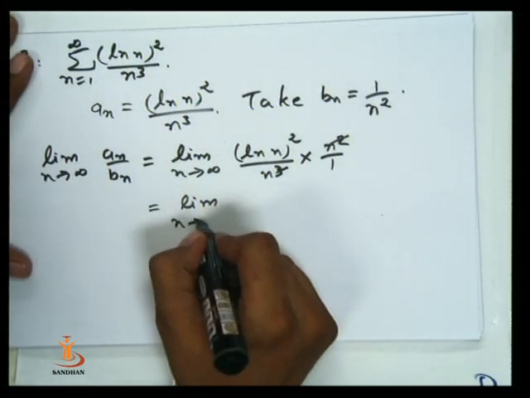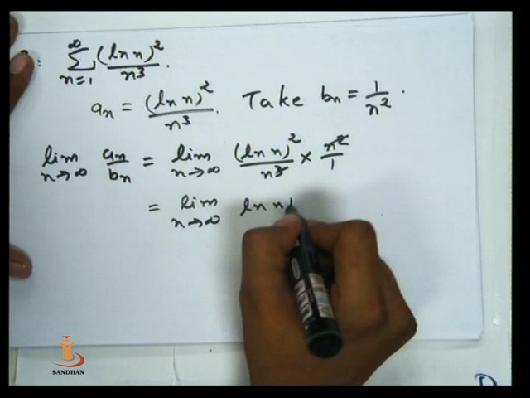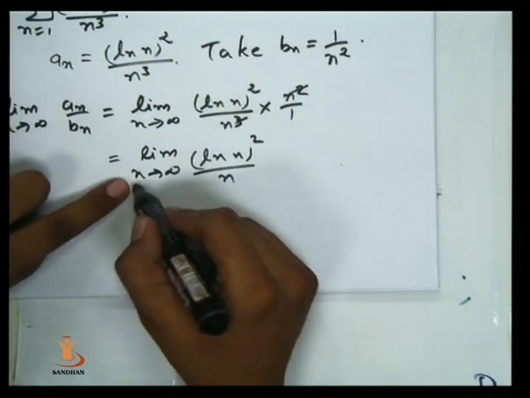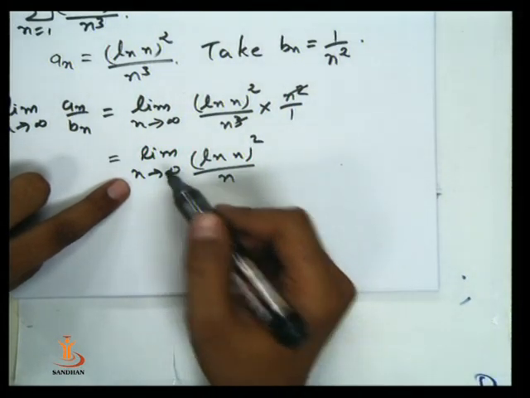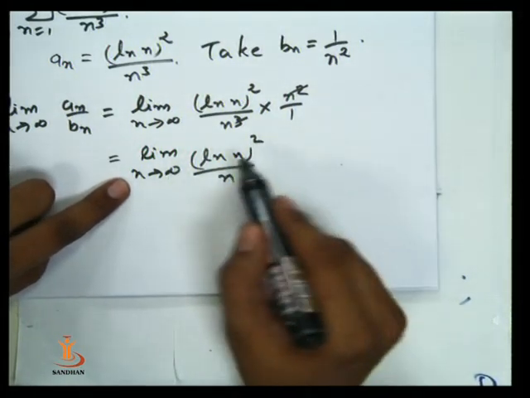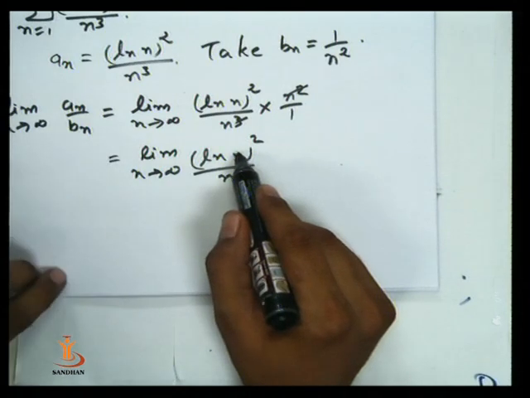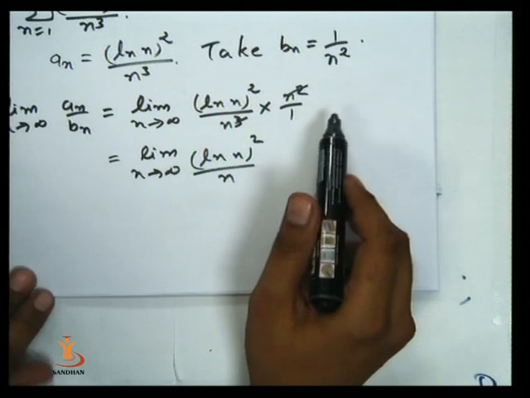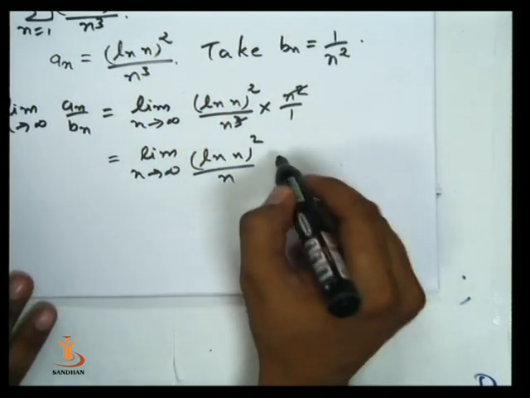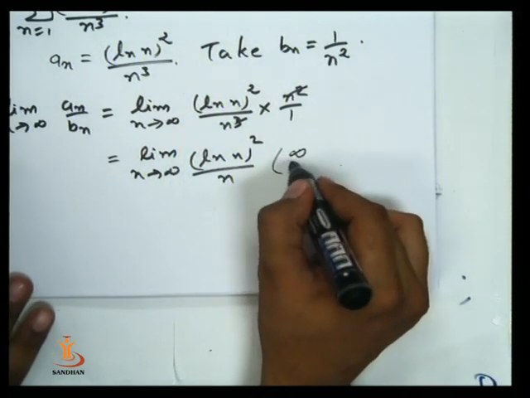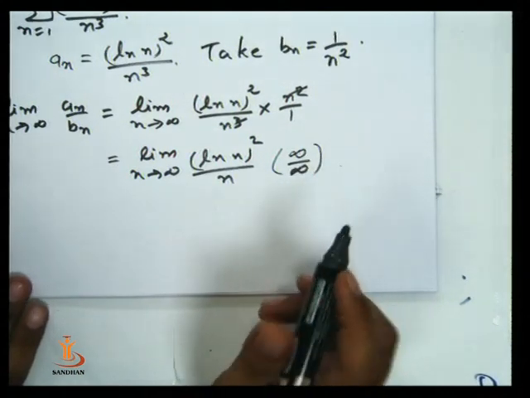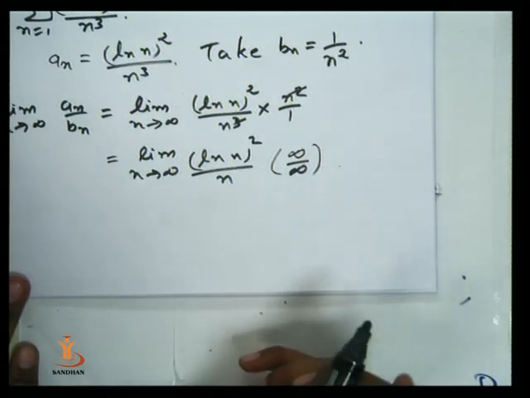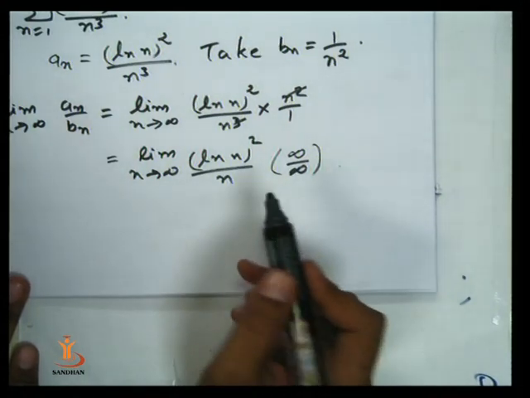the limit as n tends to infinity of (ln n)^2 by n. So if we take n tends to infinity, ln n, that means logarithm is an increasing function, and therefore it goes to infinity, and therefore its square also goes to infinity, and the denominator also goes to infinity. So this is an indeterminate form of the type infinity upon infinity. Now in such a case we have to use L'Hopital's rule, and L'Hopital's rule says to differentiate the numerator